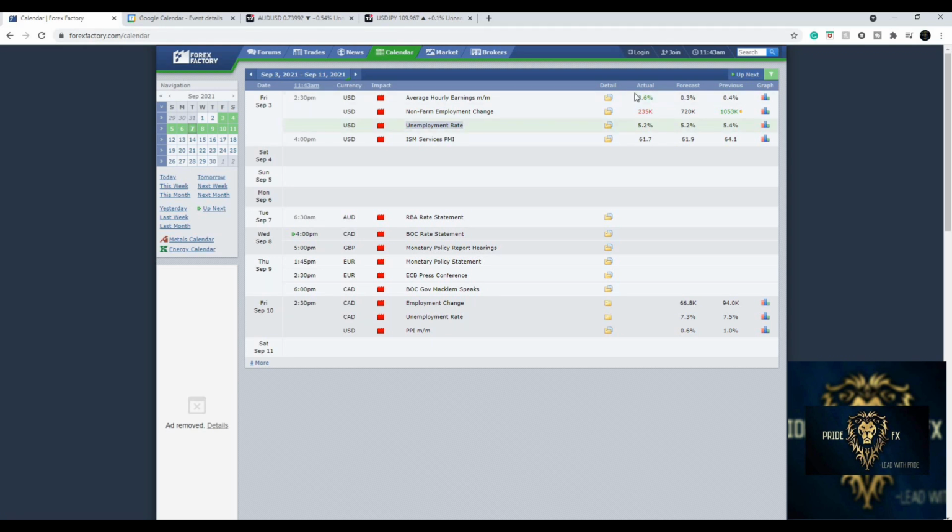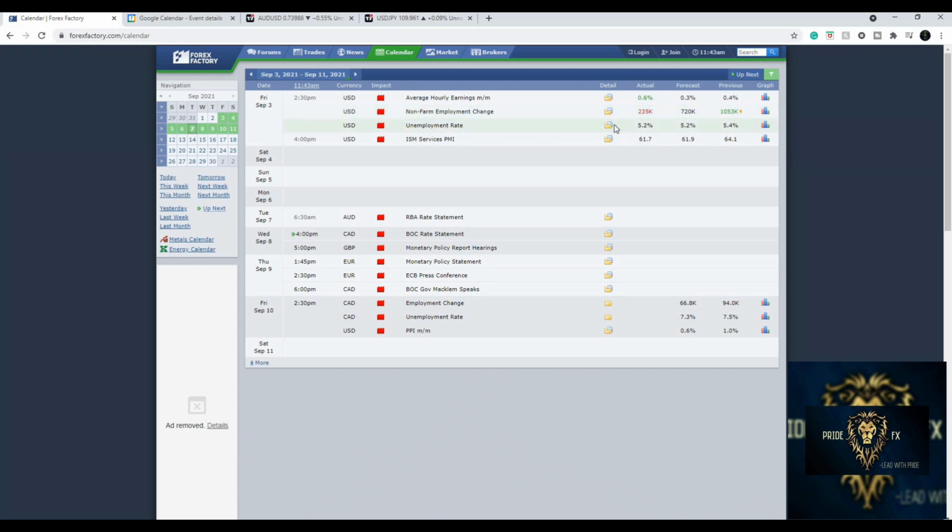Okay, so the actual number that has occurred for this event, you could see that that was 0.6%. The forecast that they were looking at was 0.3, and then previously what happened in the previous month was that the result was 0.4. Here we can see the same thing. The forecast was 720,000, and previously it did do well, and we can see that this one was much lower than the forecast as well as the previous. That's why the market sold on that day, right?